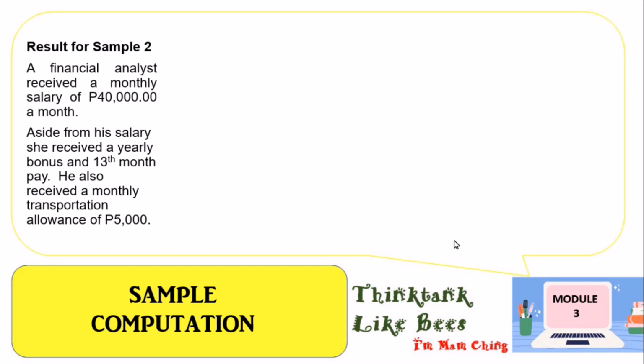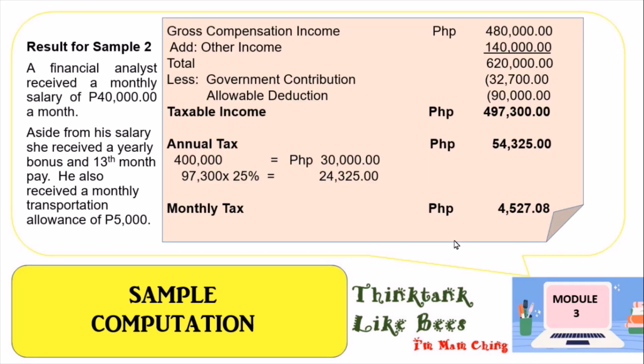So this is the result for sample number 2. Gross compensation income is 40,000 multiplied by 12 to make it 480,000. Other income that we already computed is 140,000. So the total is 620,000 pesos. Less the government contribution that we also already computed. So we have